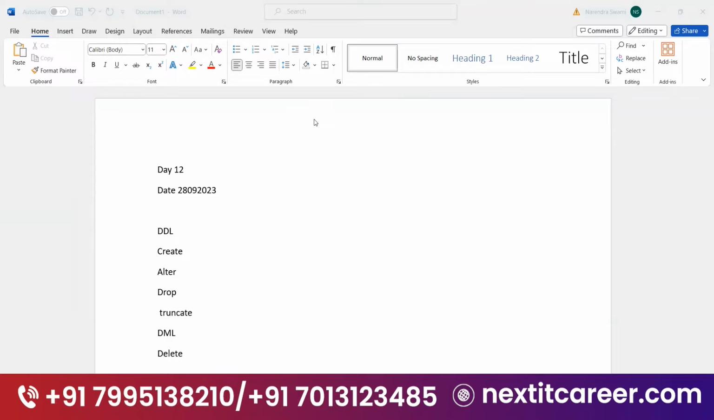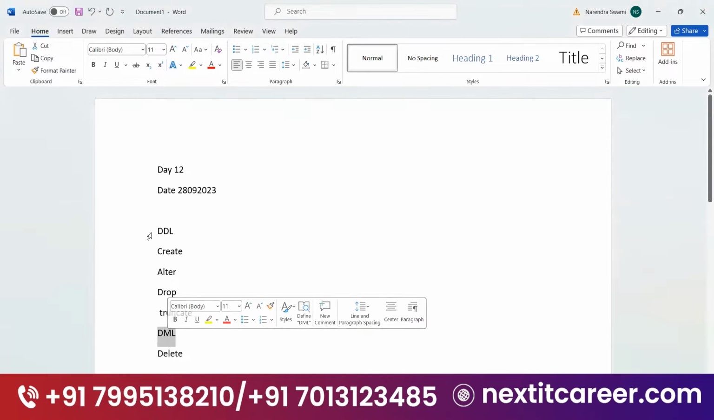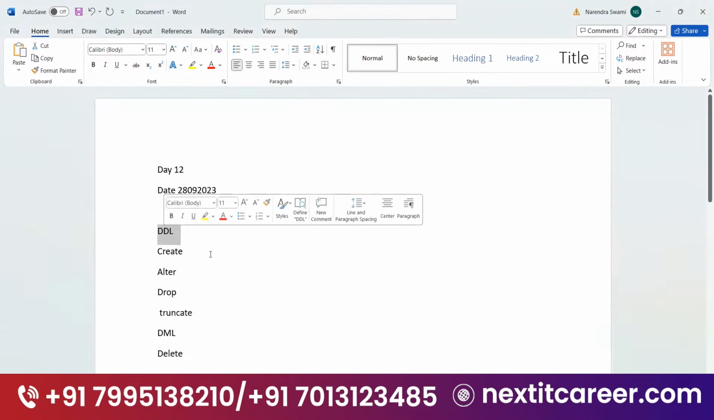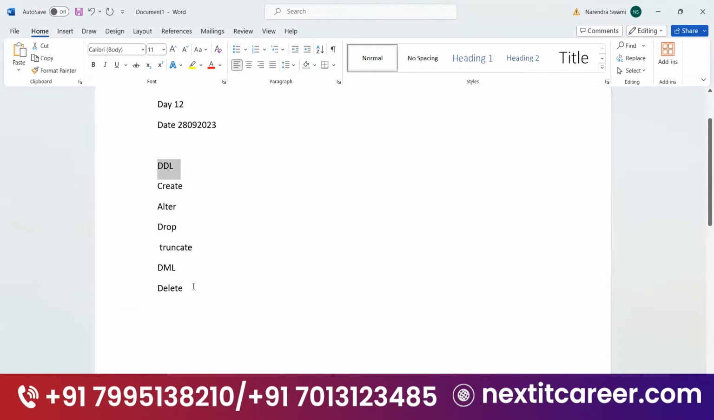Yeah, drop and truncate are available in DDL, and delete is available in DML. Okay. DDL is not a command, it's a language. Okay, language. And the more important point is,